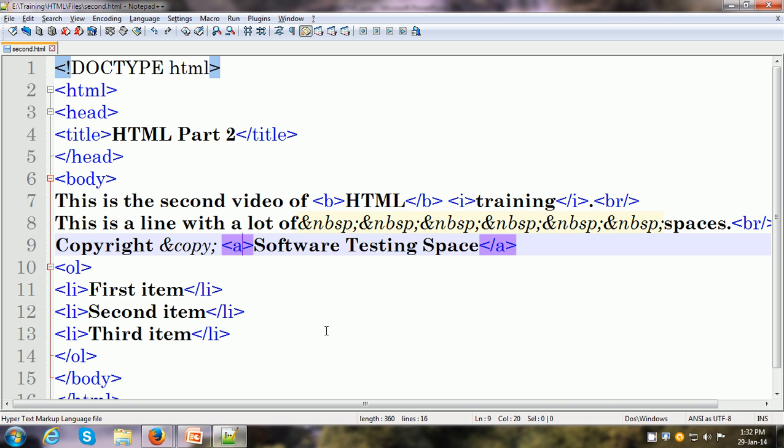How the attribute is put is, within the opening tag itself we can say a, and here the name of the attribute is href. Href stands for the exact link to which it should navigate. So here I can put the entire URL to which it should navigate once a link is clicked, and that URL is inderpsync.blogspot.com.